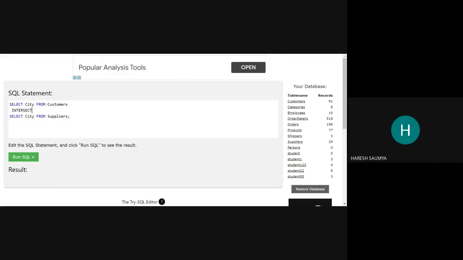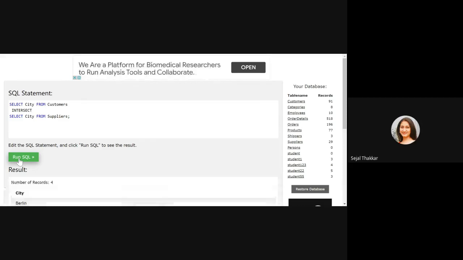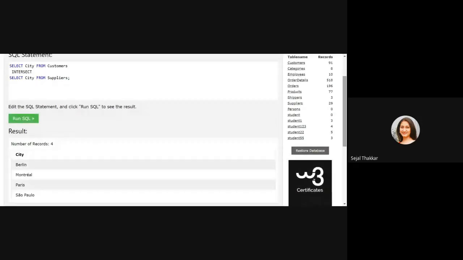In place of intersection, you have to write the INTERSECT operator. So you can find out the common cities between these two tables, customer and supplier.